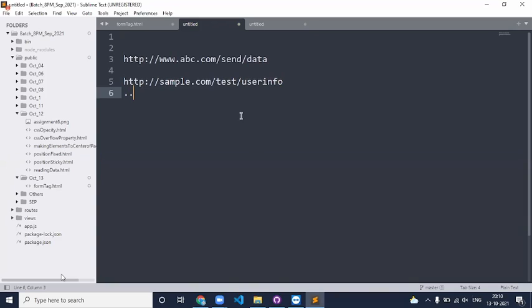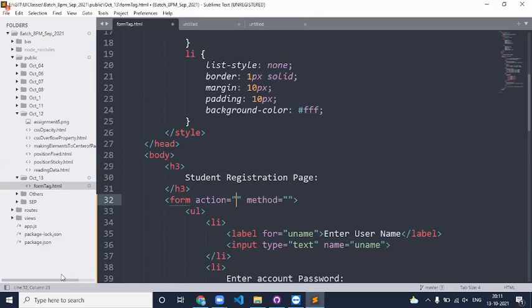Now you may ask me a question: we are UI developers, are we responsible for creating the URLs here? Actually, no, because till now we are only in the UI development role. We haven't yet gone to Node.js, so you haven't yet become a full stack developer. You're still a UI developer. So who is going to give you the server URL? The backend team is going to provide it. The person working on the server side will say it is a web service URL, and ask you to use this URL to send your data. You as a UI developer just need to specify the URL here.